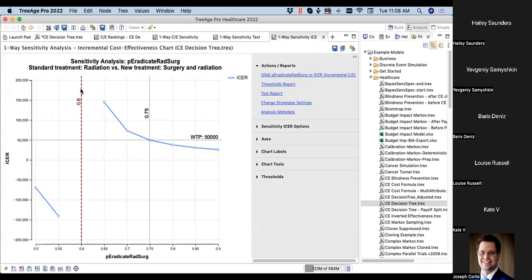You can't calculate the ICER, but this is really the critical part of the graph anyway, where you see as the parameter goes up, the ICER goes from negative to undefined to too big, and then eventually around here at approximately 0.75, you reach the point where the probability of eradicating tumor is high enough to justify this treatment from a cost effectiveness threshold. A lot of people don't like the asymptote, so they might instead choose to focus on the